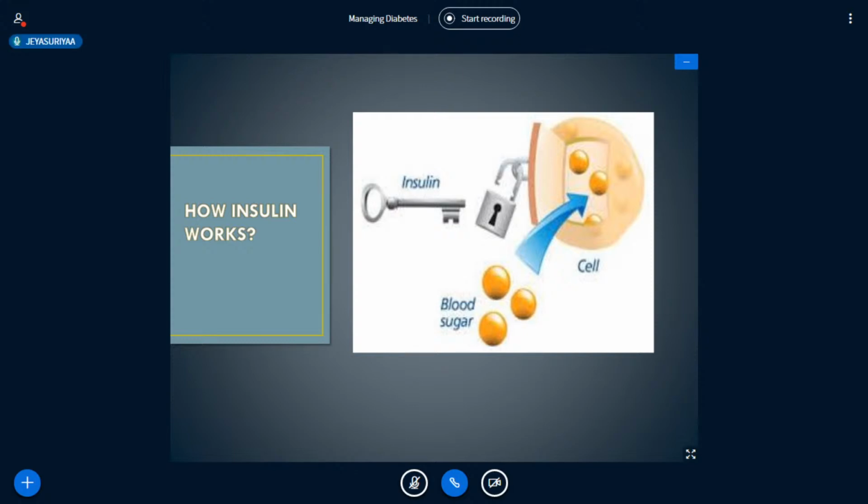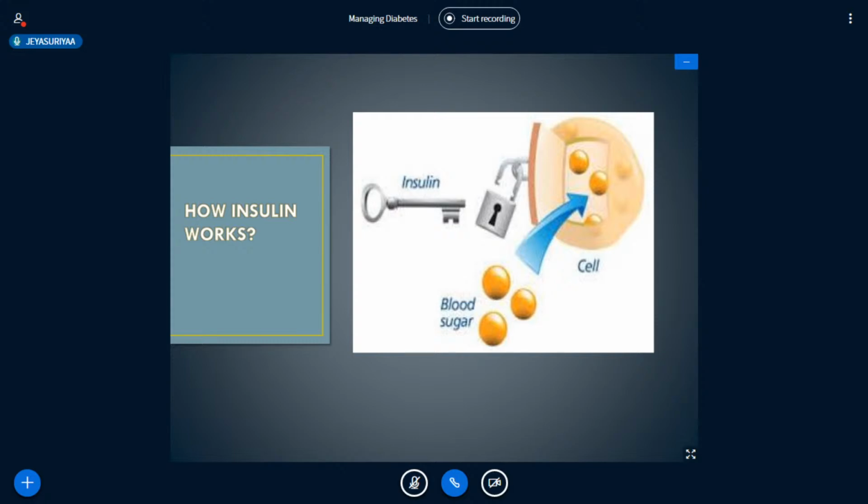On the other hand, how does insulin work? Prior to understanding the causes of diabetes, first of all, we must understand how glucose is normally processed in the body. For that, let's talk about how insulin works. Insulin is just a hormone that comes from a gland situated behind and below the stomach, the pancreas.